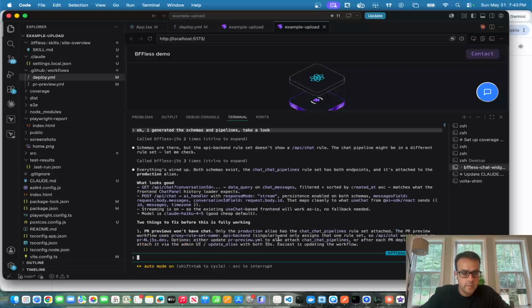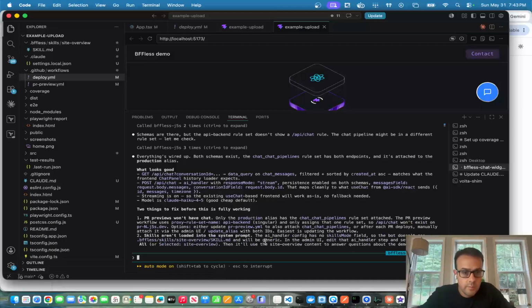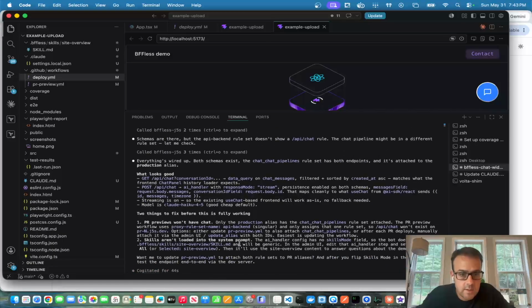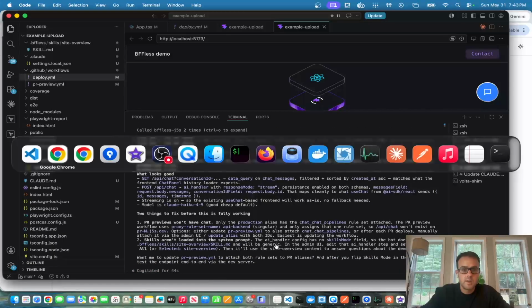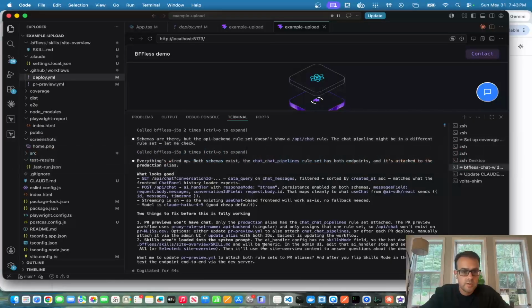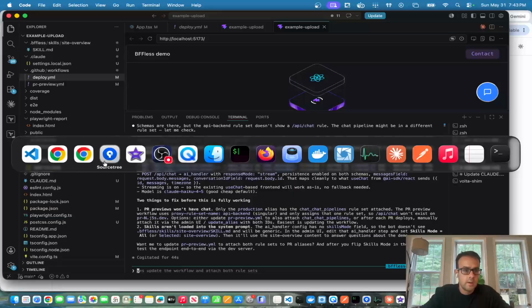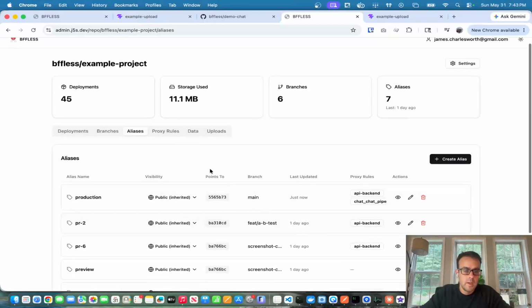Two things to fix before. Oh, what are the things? Peer views won't have chat. Yes, skills aren't loaded into the system prompt. Correct. Okay, we need to first deploy before we can do that. No, I'm good. I'm good. Okay, so